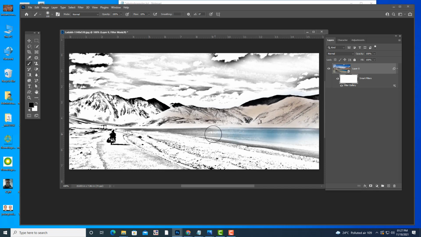It means we are converting a real photo into a painting.